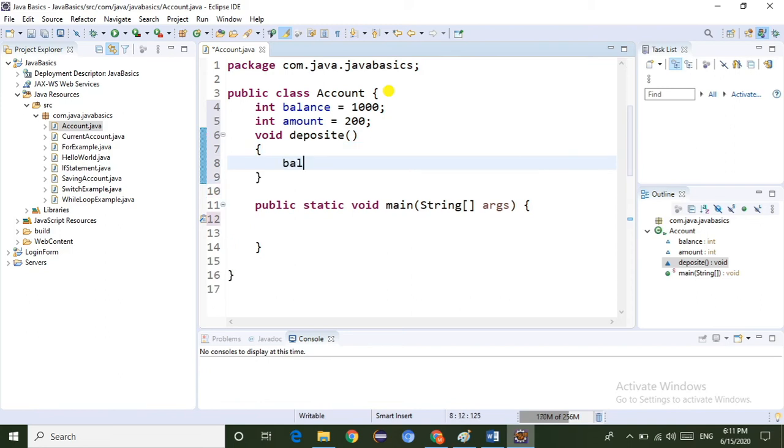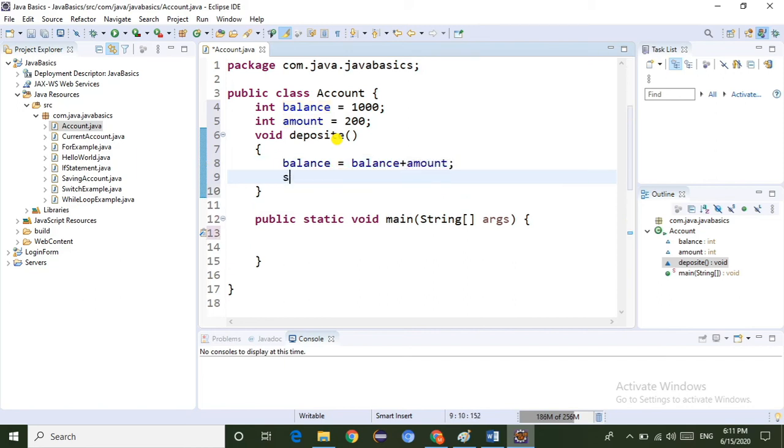Balance equal to balance plus amount. So System.out.println balance.